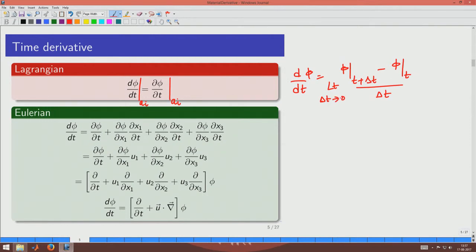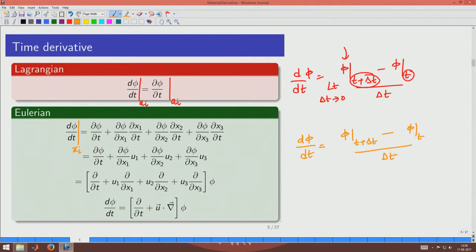So, what it implies is that at both the time t as well as time t plus delta t, the particle is at a_i, and therefore, we do not need to worry about the motion of the particle, because we are able to define the parameter phi at the center of the particle at all times. But the same thing is not applicable when you come to Eulerian specification. If you take Eulerian specification, you look at this quantity. This quantity is actually at a spatial location x_i. So, which means that in this situation, you would write, for example, this way. Okay, so, phi at time t plus delta t minus phi at time t by delta t.